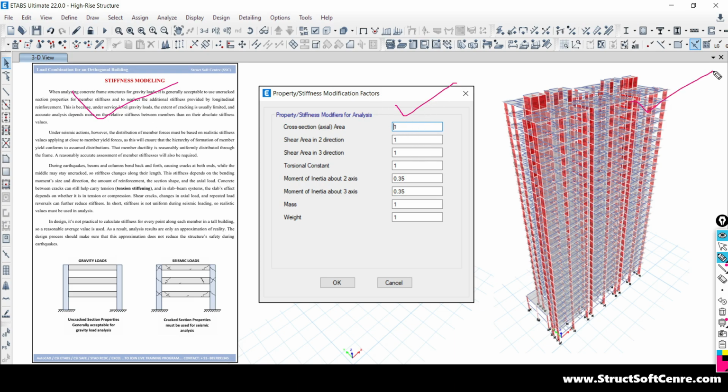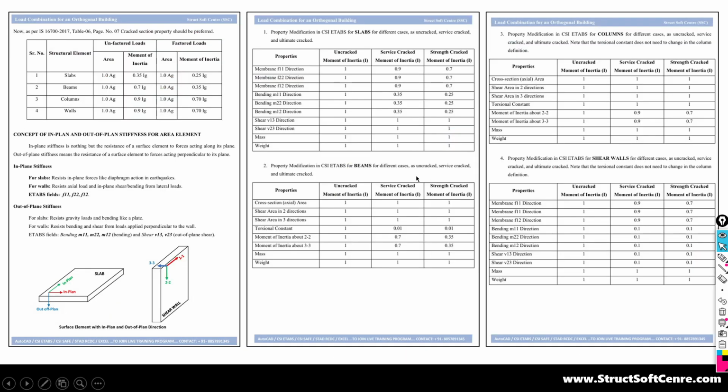Then we are going to look at the result in your design, how it is going to affect your design, whether the design is going to become heavier, whether the design is going to become lighter, what is happening. So we are going to do the study for the property modifier, for the beam, for the column, for the slab, for the shear wall. Stiffness modifier, property modifier, strength modifier, all these modifiers we are going to implement. So we will give a proper explanation, proper notes, proper implementation in the software, and conceptual understanding will be there, not just